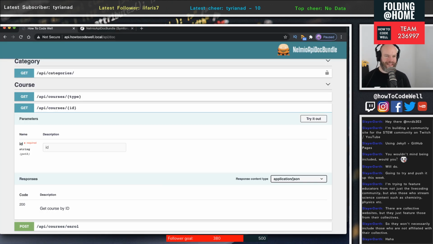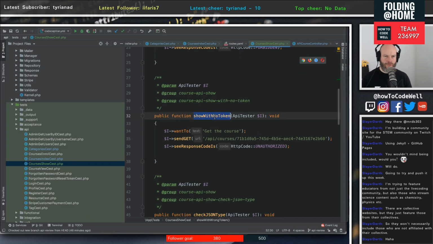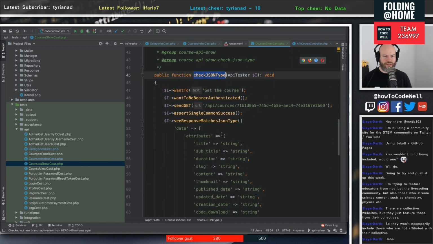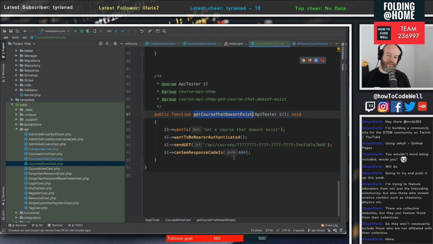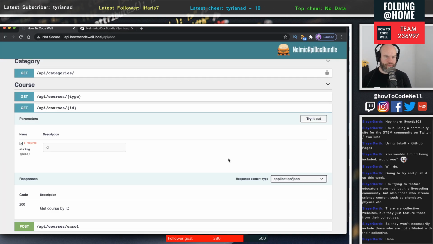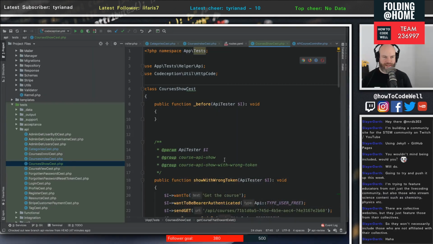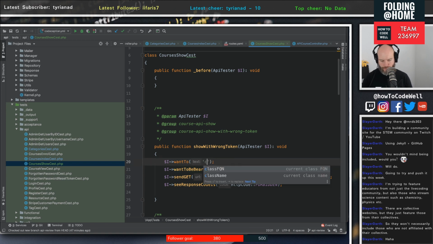Why do we always have 4 tests? It always seems to be 4 tests per endpoint. So 1, 2, so that's show with no token, show with wrong token, check the JSON type, and then get course that doesn't exist. Okay, fair enough. How are we doing? Everything's passed. That's good. Let's make this a little bit more sense. This here, I want to get the course. I want to check that